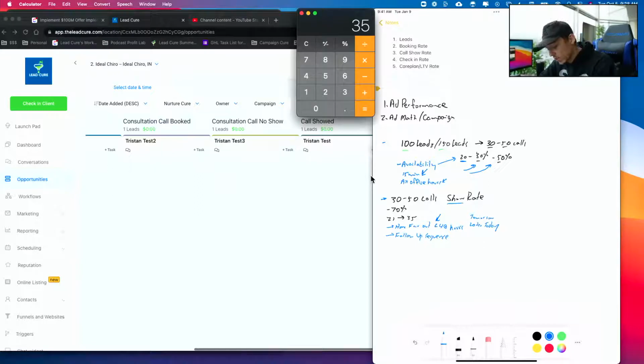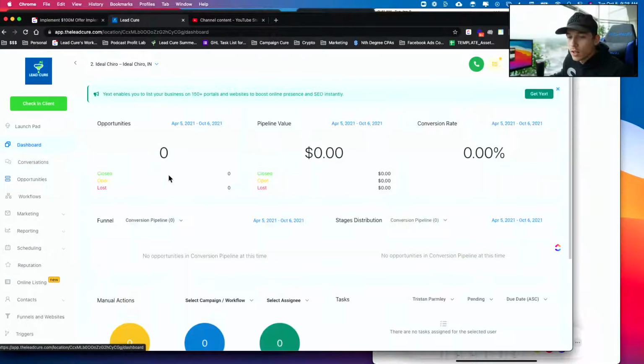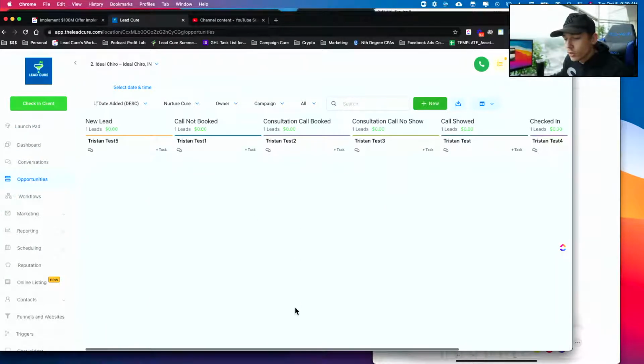So we had our booking rate. And now we've got our show. The third metric goes into check-in/care plan. Okay, check-in, care plan. And again, I'll walk through this pipeline here in a moment. We'll put some leads in. I think you can actually see it in the dashboard. Yeah, I'll pull up what a real dashboard can look like here in a moment. And so